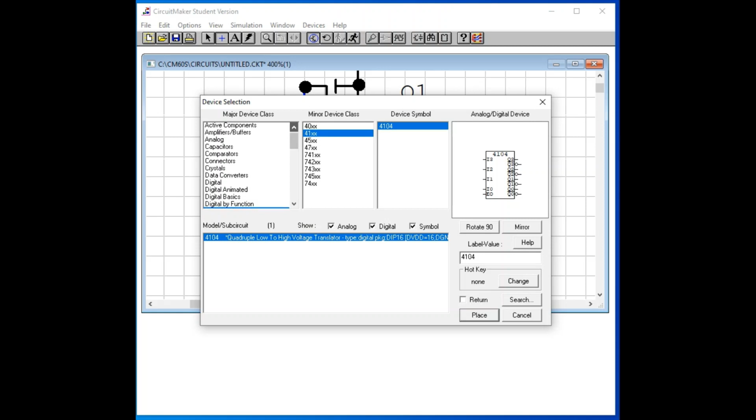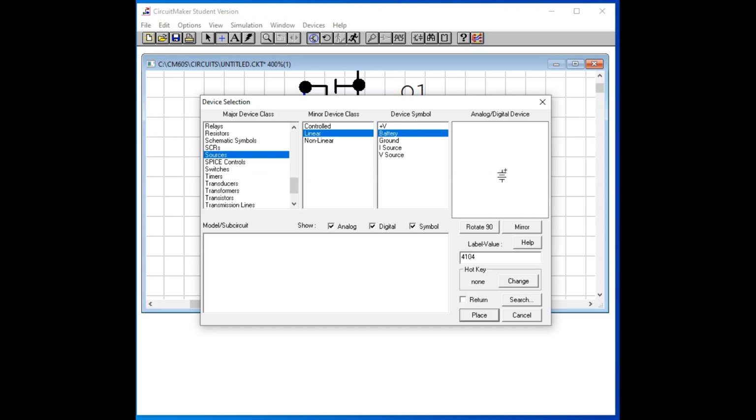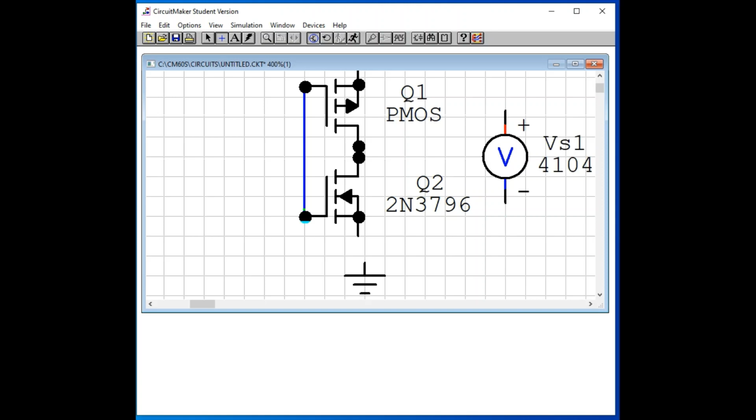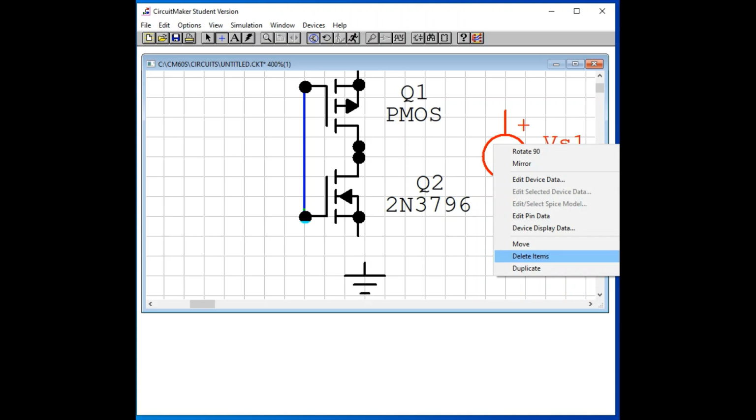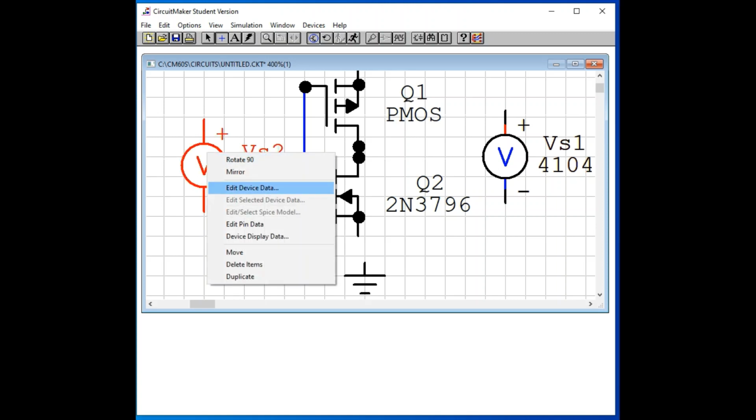So sources, then you go to linear sources, you go to battery voltage source, then you place it here. Okay, then you can duplicate it and put one here for input, and this one you can